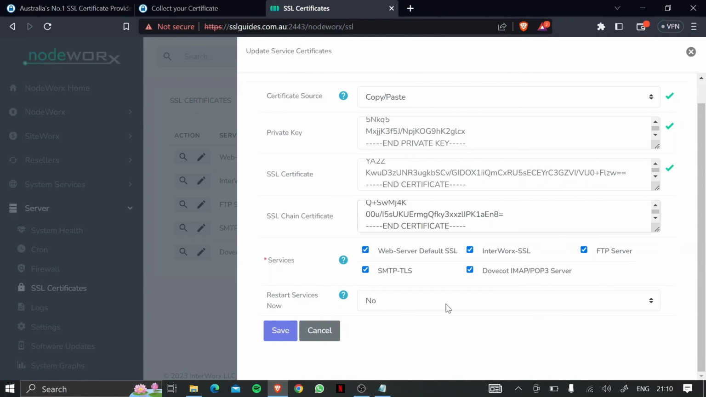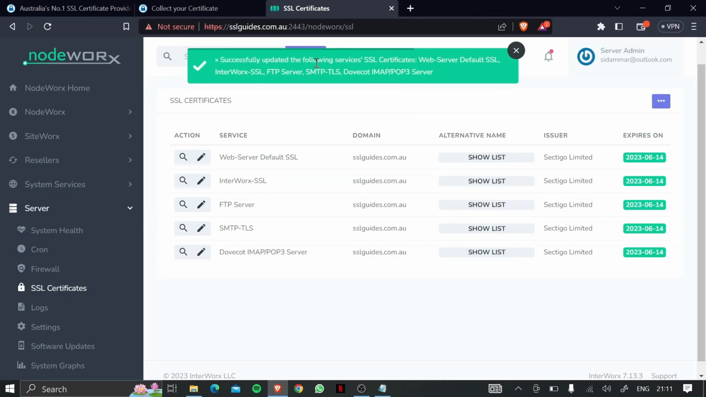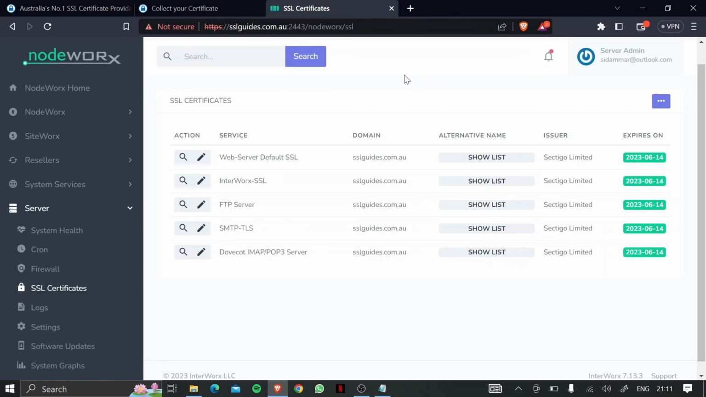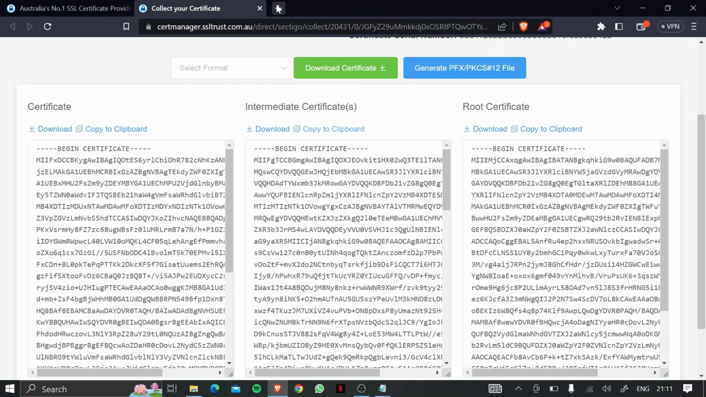So the next thing is to restart services now. Yes. And then that's it. We can now click on save to save our SSL certificate. And that's it. Successfully updated the following details, which is the SSL certificate, and the server has restarted. So let's close this up and head over to